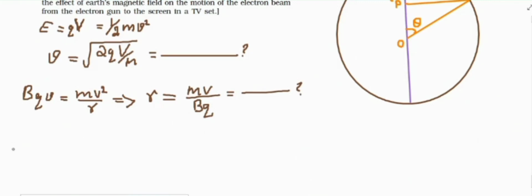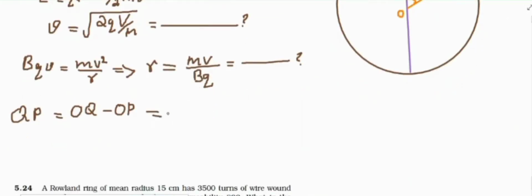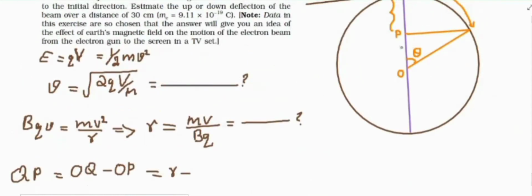Once you get the value of r, we need to find QP. QP is equal to OQ minus OP. And OQ is nothing but radius r minus OP. What is OP? We want to find OP. We can use this right angle triangle. Now you will get OP is equal to